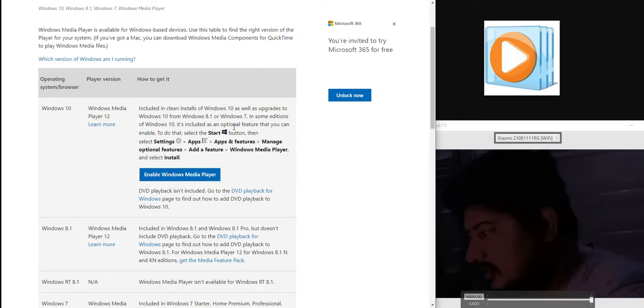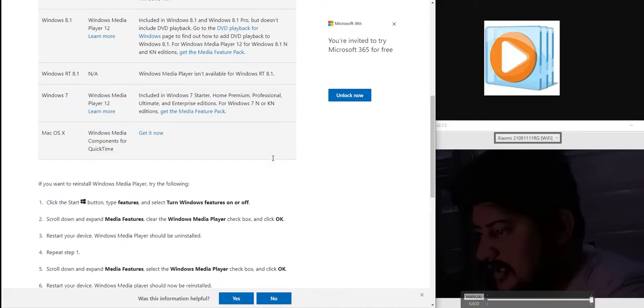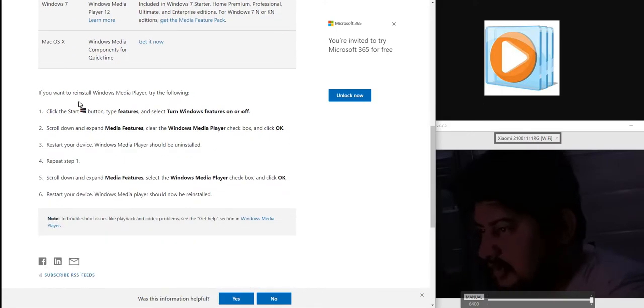In some editions of Windows 10 it is included as an optional feature that you can enable. It is included in Windows 8.1 and Windows 8.1 Pro, but does not include DVD playback. Go to the DVD player page to find out how to add DVD playback to Windows 8.1. If you need to reinstall Windows Media Player, try the